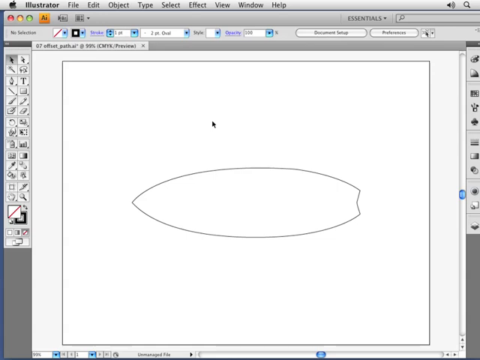There are certain times when working with paths that you need to create an offset of that path. Let me explain exactly what I mean. I'm actually working with a file here. If you do have access to the exercise files, go ahead and open up from chapter 5, the offset path